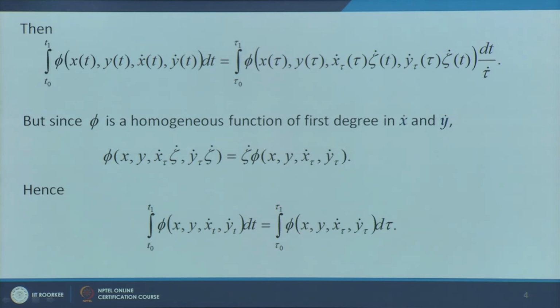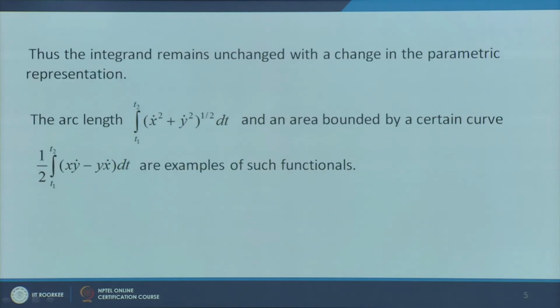This tau as a suffix and t as a suffix we have added to show that this is the derivative with respect to t and this is the derivative with respect to tau. Now you can see here that when phi is a homogeneous function of the first degree in x dot and y dot, then the function is independent of the parameterization. So the integrand remains unchanged with the change in the parametric representation. Now for example, you can consider